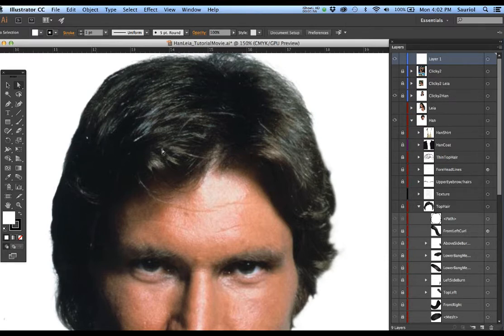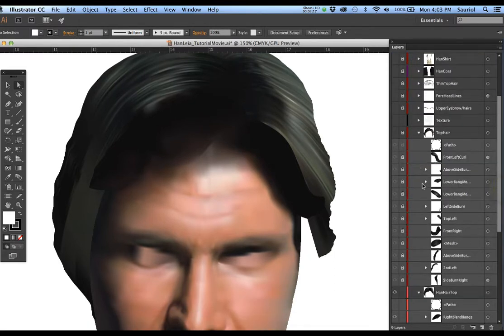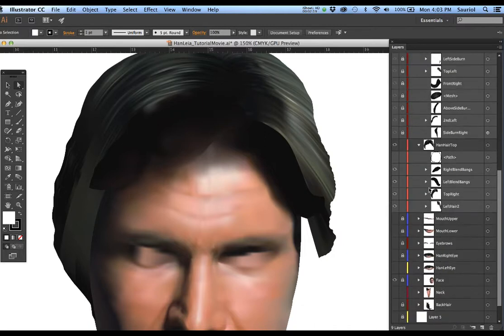Now all the hairs that are going in different directions here are going to be top small hairs. This is a great area to begin with, either here or back here, because all the hair is going pretty much in one direct area. So I'm going to turn off Han in his reference layer. I'm now going to go to the top hair here and see if it's going to let me move it up. And let's go down here, and I'm going to open the top right hair. I'm going to open the top,